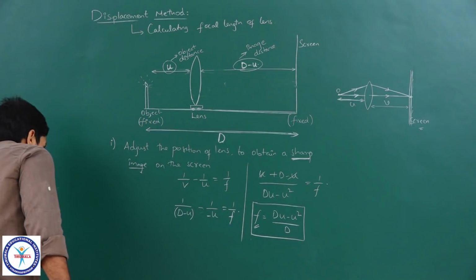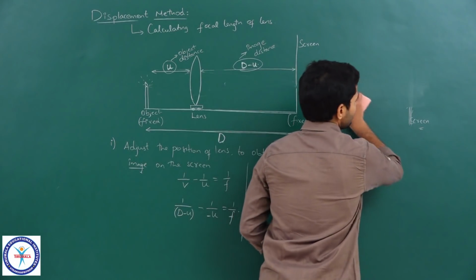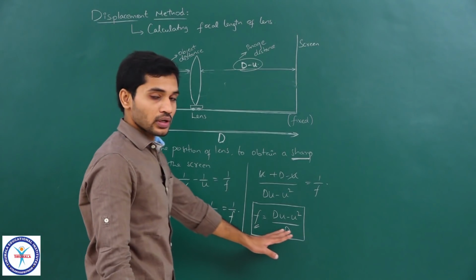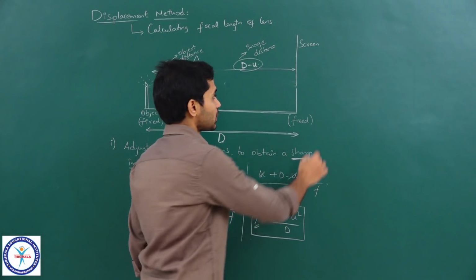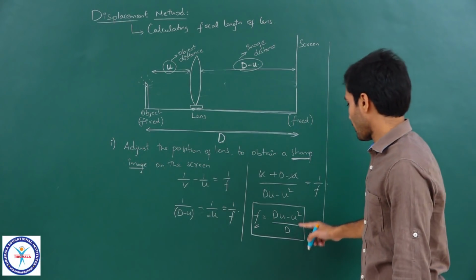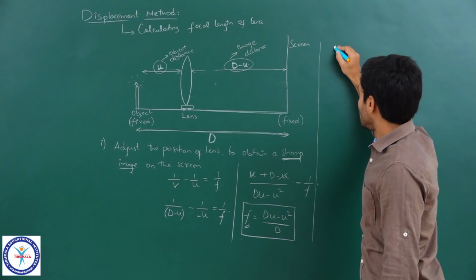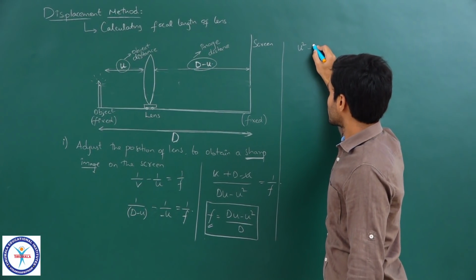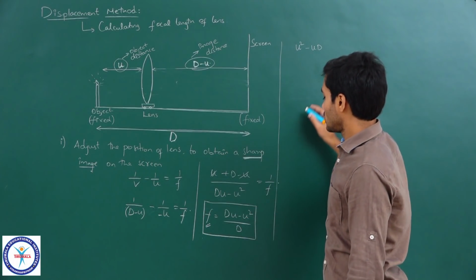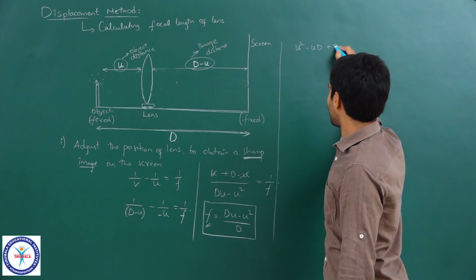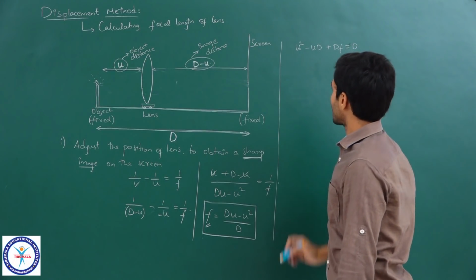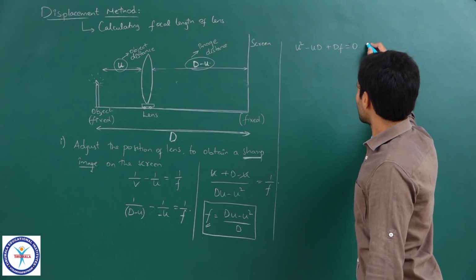Now, let us try to observe this relation clearly. There is still more analysis that needs to be done on this particular expression. So, let us see that. If I rearrange the terms in this expression, I would be getting u square minus ud plus df is equal to 0, correct. I have just rearranged the terms. So, which is a quadratic equation,